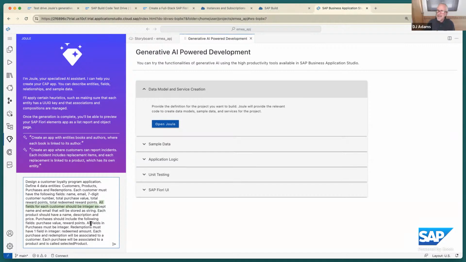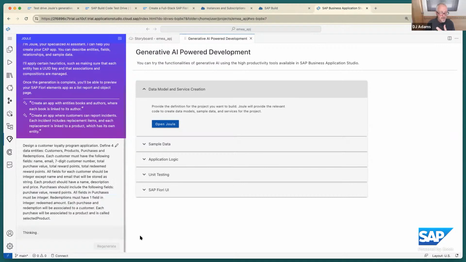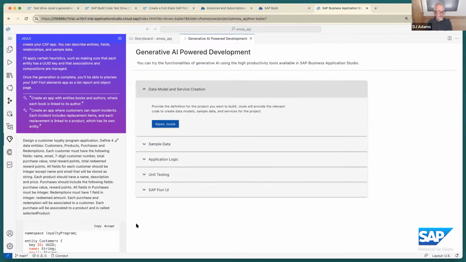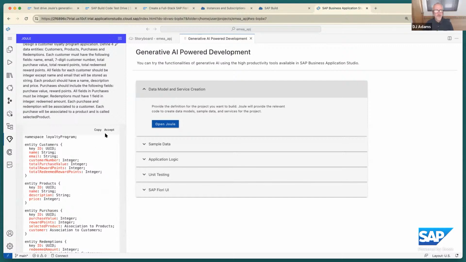So this is basically telling Joule, telling the generative AI facility, the sorts of constraints we want and the general overall model. And I'm going to hit that run button. You know what? I went through this earlier this week, I think, and I just love that it was quick. The anthropomorphic nature. We're giving Joule a name, and also it is thinking. Let's have a bit of fun with this.